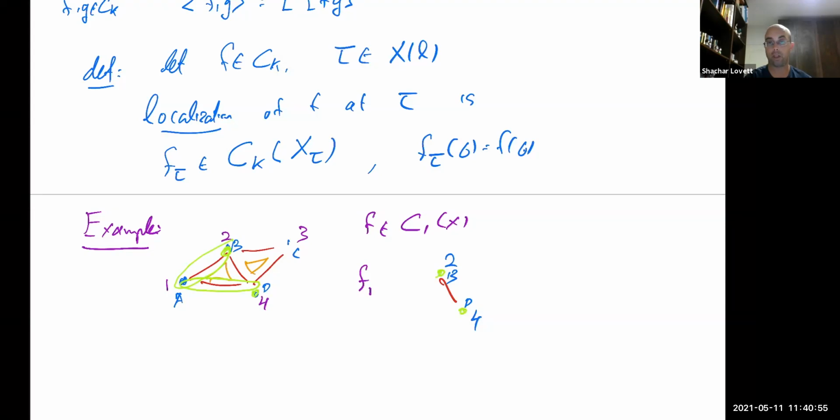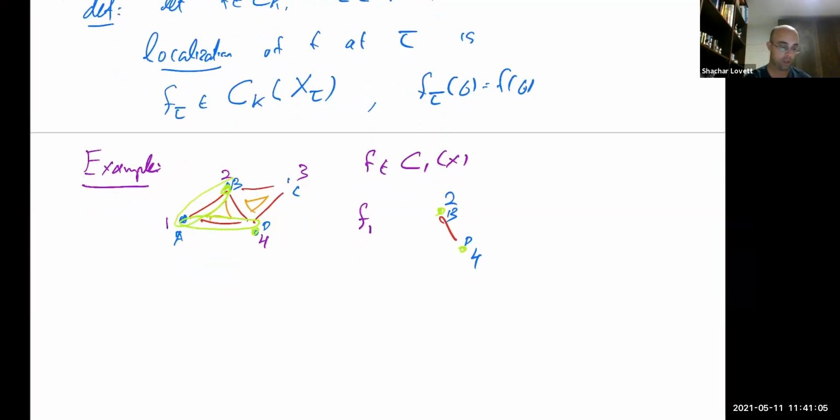Okay, it's sort of like a restriction of some sense, right? And I need maybe one last definition here. Last definition. So again, given k at most d minus 2 and some tau in X_k. Remember what we're looking at is the graph that lies in this complex. So we're going to let A_tau denote the adjacency matrix